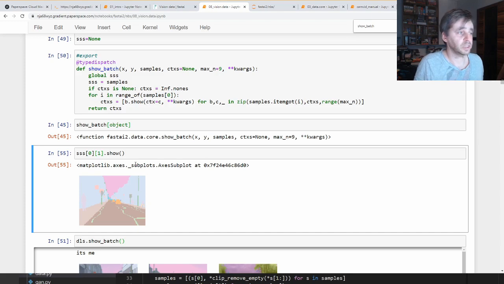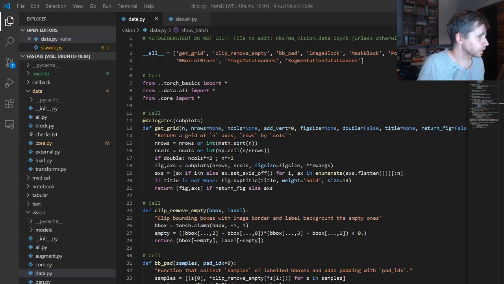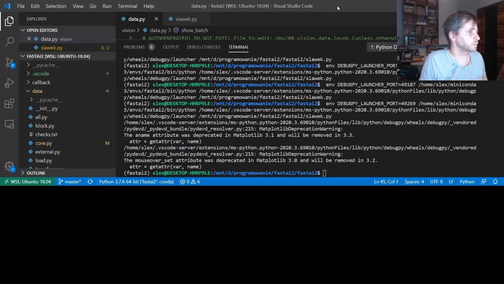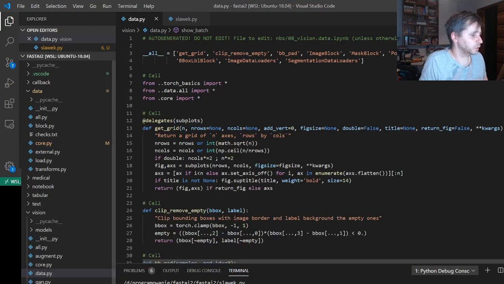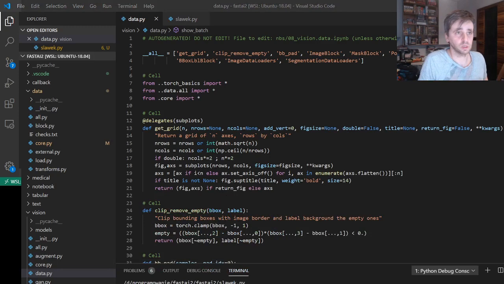So the final thing I want to show you is actually using my local machine. I have Visual Studio Code installed here, and I have a checkout of the fastai library here. The things we were looking at previously were on my Paperspace Gradient machine. Now I'm looking at my local Windows PC. To get this code in here, I just checked out the fastai